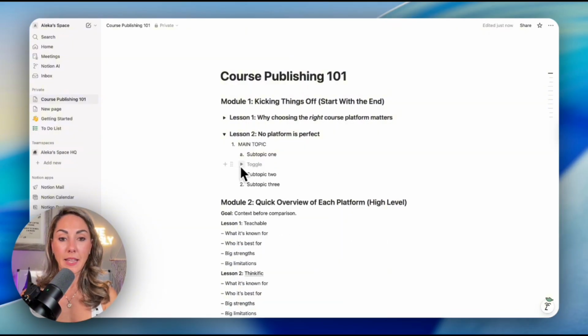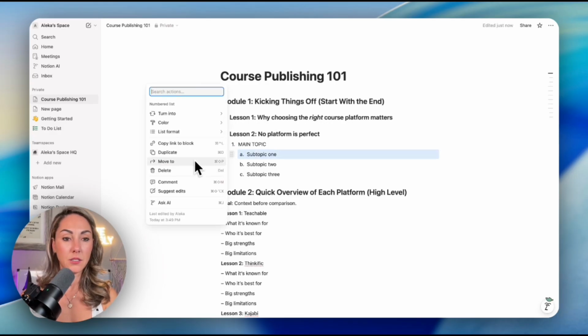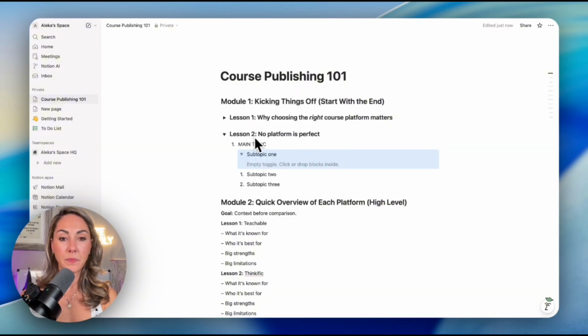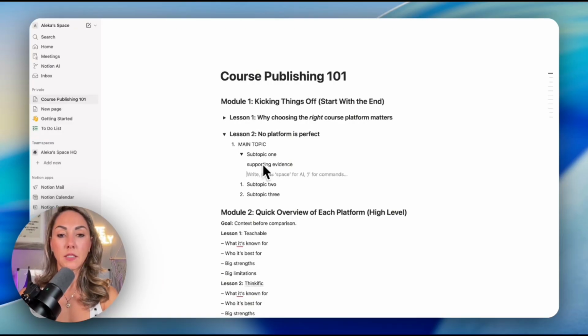Actually, we don't want to make that a toggle. We want to make the one above it a toggle. So we're going to make this a toggle, turn into toggle list. Where is the toggle list? Here. Okay, there. Okay, so then under this, you can say, let's see, evidence, supporting evidence,